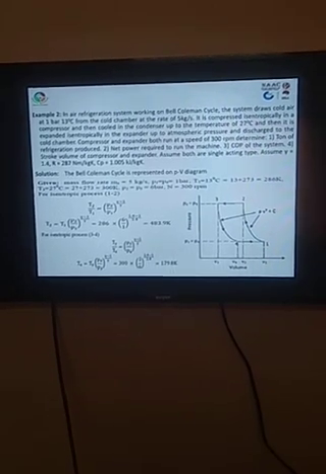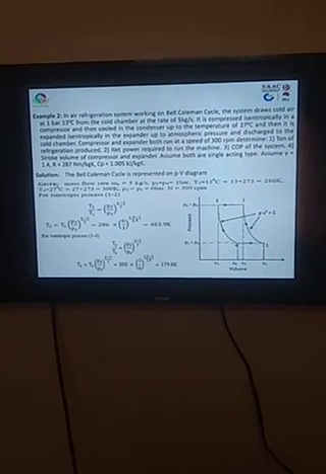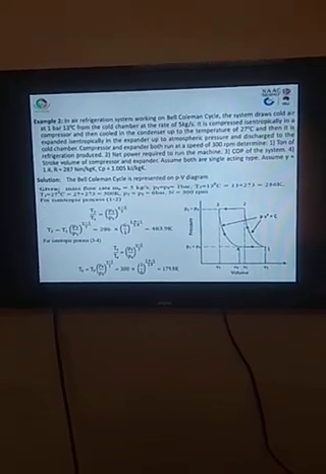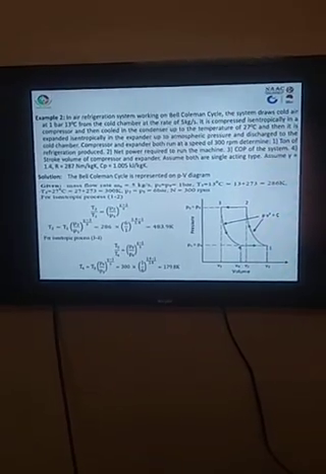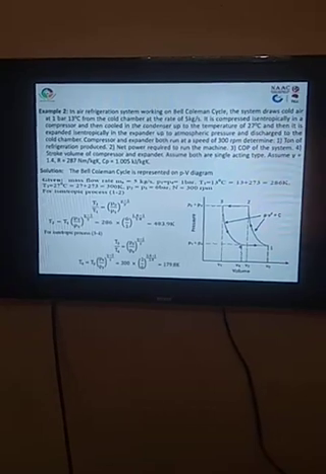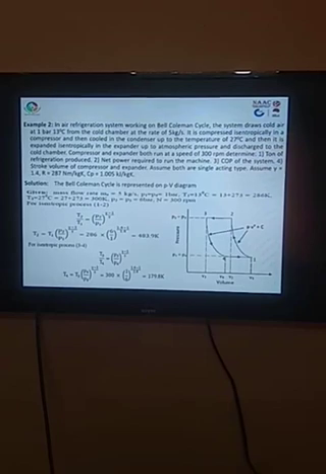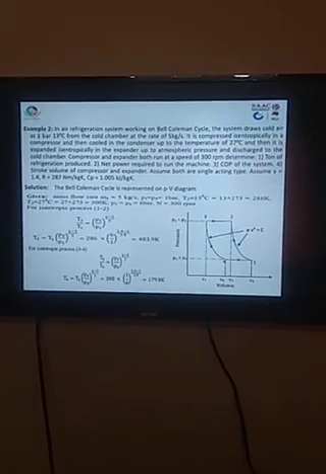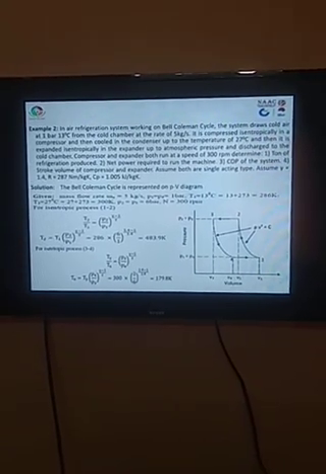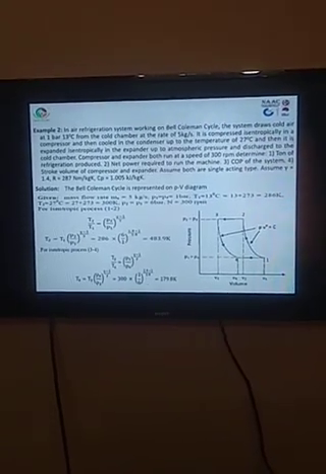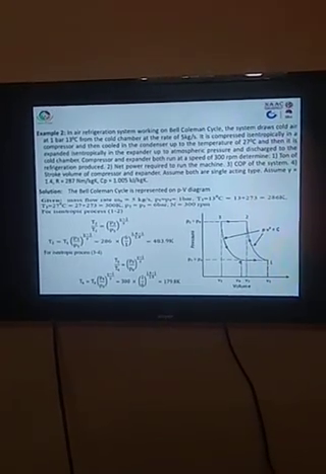From the statement of the example, the few parameters we need to calculate are ton of refrigeration, net power required and COP. For calculating these parameters, we first of all need to find out the temperatures, that is the T2 temperature value, then the T4 temperature value. So first we will calculate that, and then we will move to the actual finding of this example. To calculate the T2 temperature, we need to use the isentropic process from 1 to 2 shown in the PV diagram.